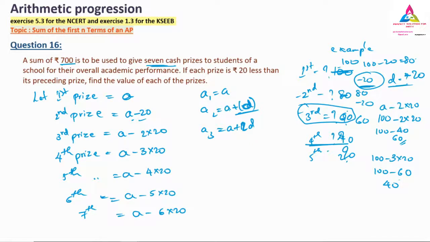Now, a similar method here. What do you want? The total amount is 700, mentioned. The sum of 700 rupees is used to give 7 cash prizes. So here Sn, the total amount, is equal to 700 rupees. And 7 cash prizes: 1, 2, 3, 4, 5, 6, 7. So what is the n value? The n value is nothing but 7. This is what they have given in statement form. It is not direct, but we have to understand what is there in the question first, then we can solve it. Remember, for statement form questions, you have to think correctly and write down what is given.